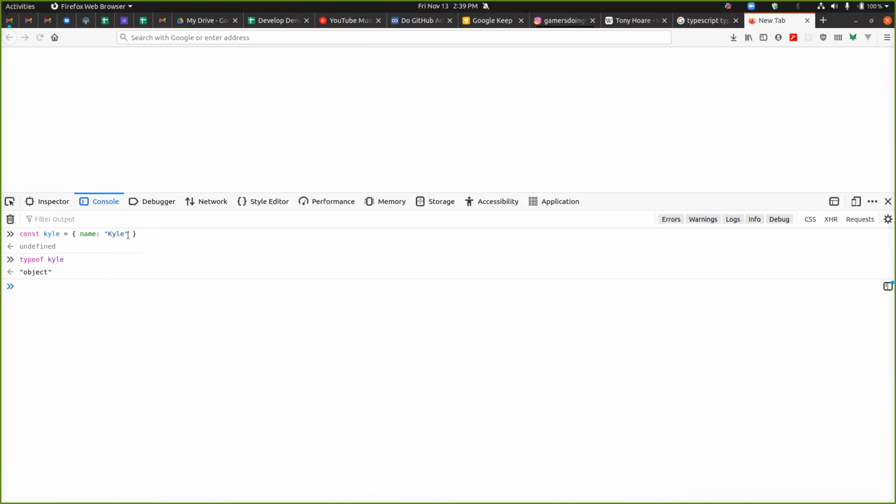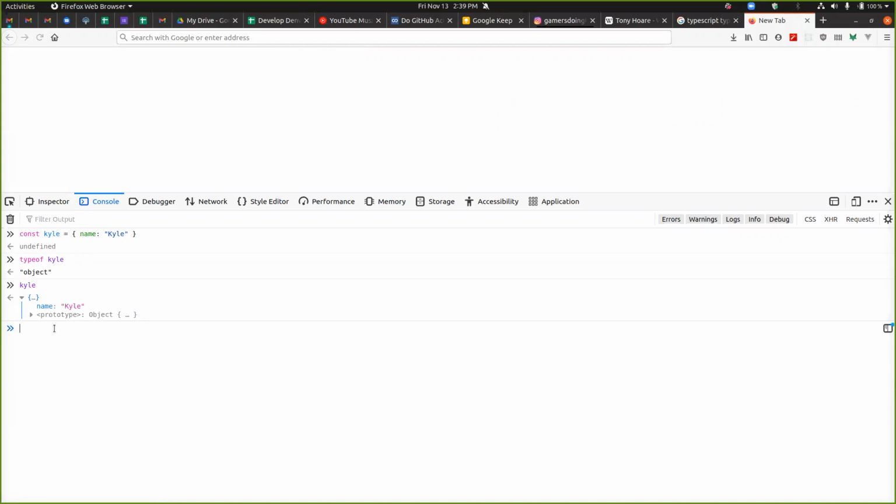There's also a capital O Object that's at the top of the hierarchy for anything. If I look through the prototype chain for that, the prototype is capital O Object. Kyle's a lowercase o object. This prototype is capital O Object. And we even use some static methods on that.